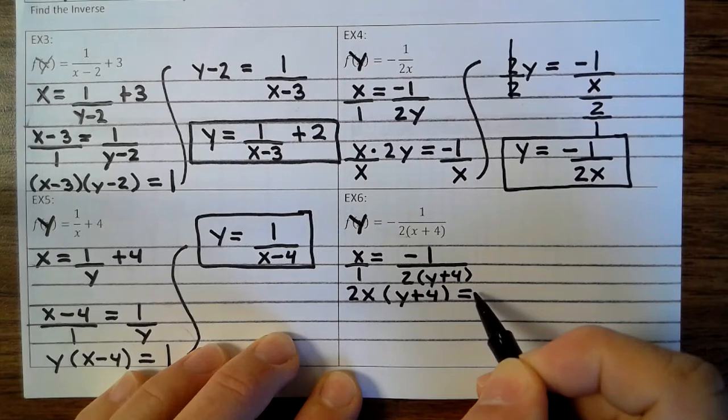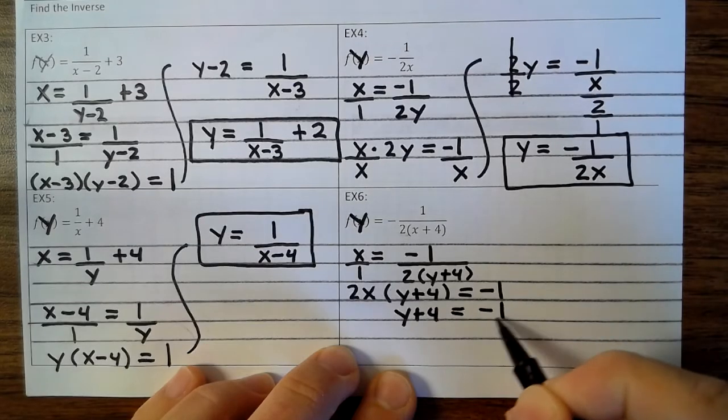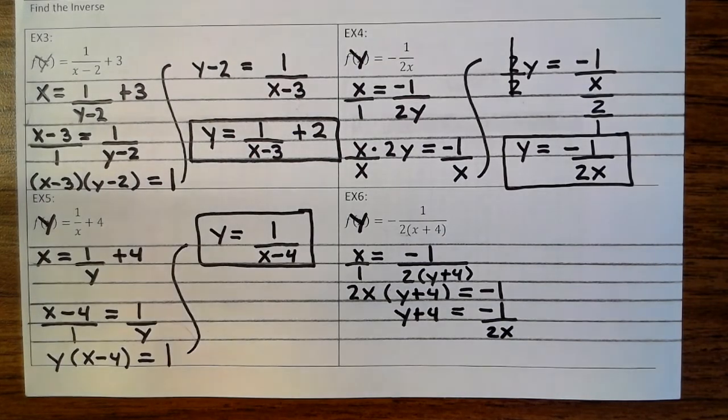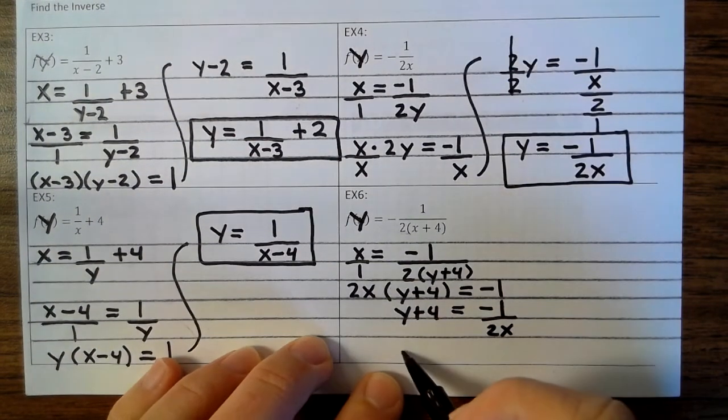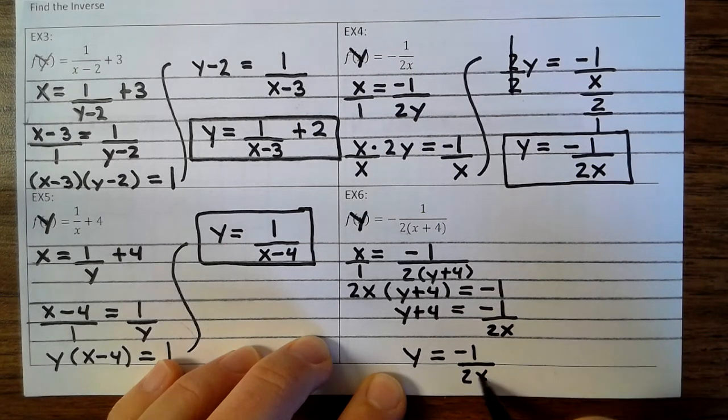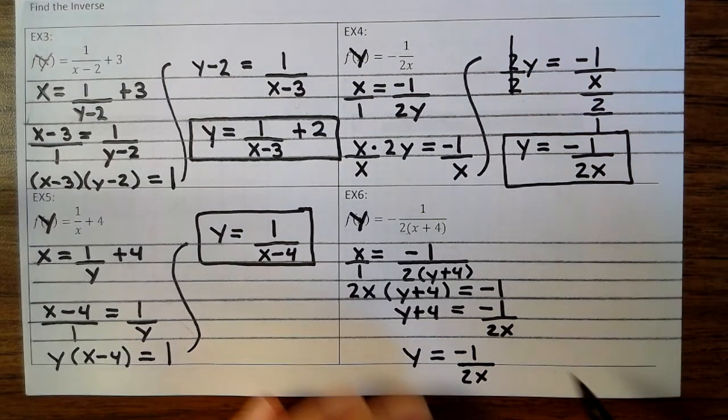Divide both sides by 2x, so you have y plus 4 equals negative 1 divided by 2x. Subtract 4 from both sides, so y equals negative 1 divided by 2x, minus 4. Okay, go ahead and finish up your